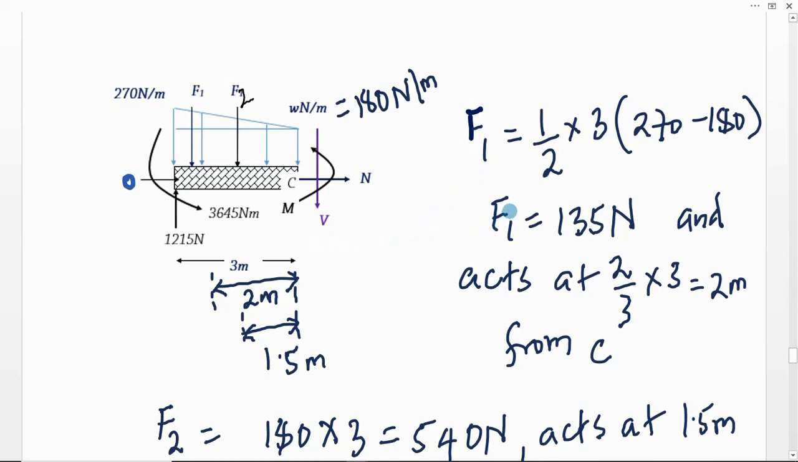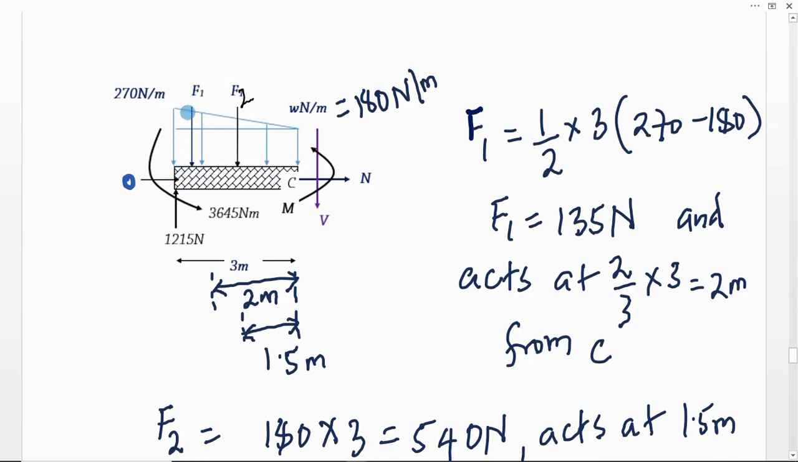Our task now is to calculate F1. F1 is equal to a half base height. This is a triangle, so the area under the triangle will give us the total force that will act at a third from this point, but 2/3 from point C. Now that will be a half times base, which is 3 meters, then the height: we have already known that from here to here is 180 newtons per meter, and from here to here is 270